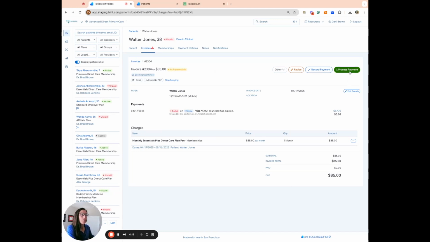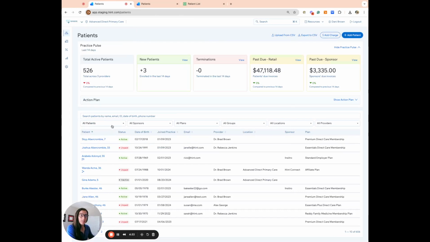And so we could go ahead and process this payment right here. This patient shows as unpaid. All of these little tags are really important, and those will show in Akute that I'll show here in just a minute. So if we go back to this patient list, I can click into one of these patients to